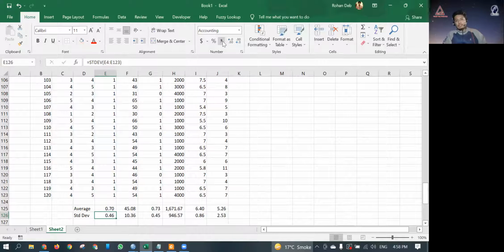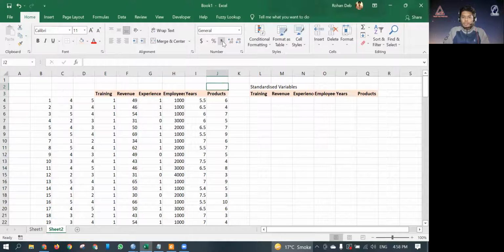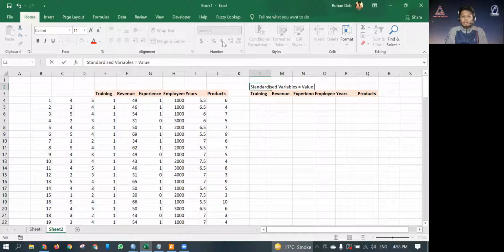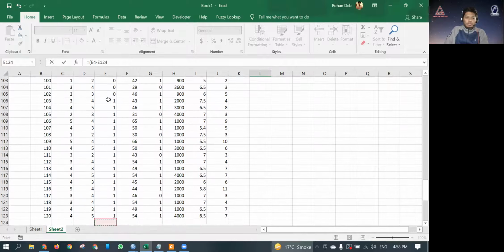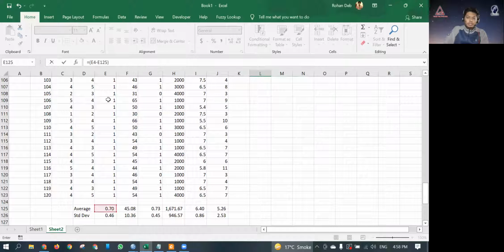Now we have to standardize the values, which is equivalent to calculating the z score. So the standardized variable is equal to value minus mean divided by standard deviation. So equal to, in brackets, this value minus the average, divided by the standard deviation.